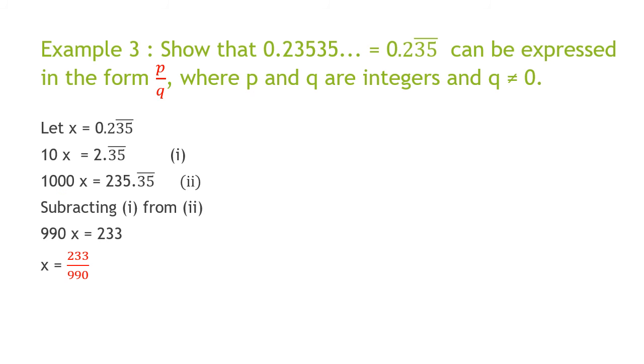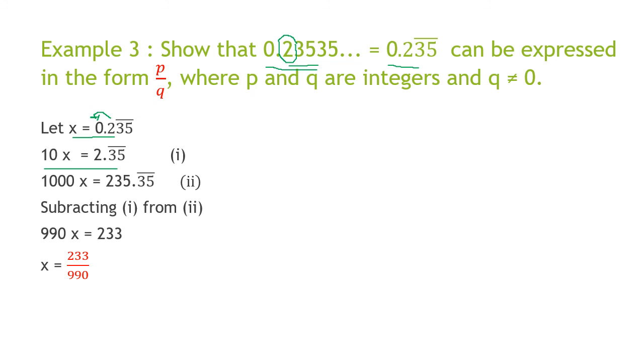The same sum, you can see this is the same sum, 0.235235, which is written as 0.235 bar. Now this is our x, right? This is what I have taken, the number is our x. Now you see there is a 2 here which is not recurring, it's not changing. So first I multiply by 10x and make it 2.35. So what I have done here, multiplying by 10, I have put the non-recurring digit 2 before the decimal point. So this is the first step I do here.